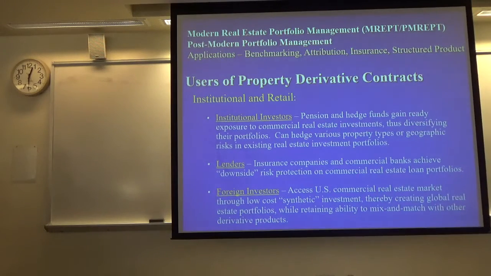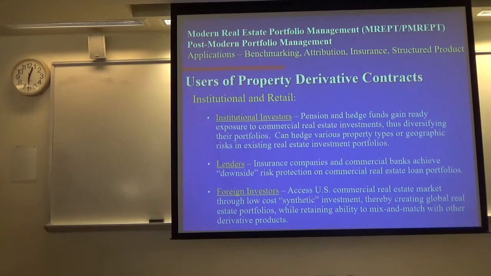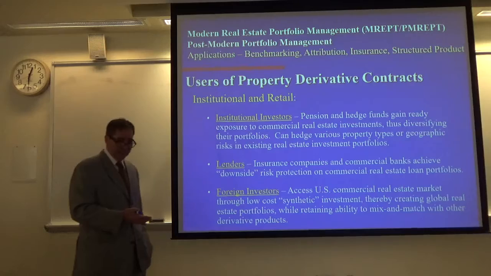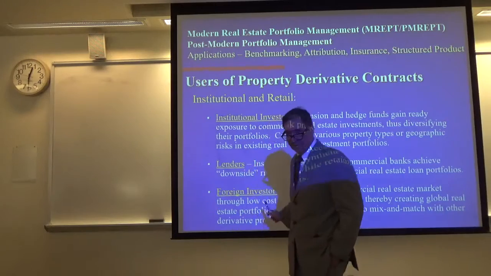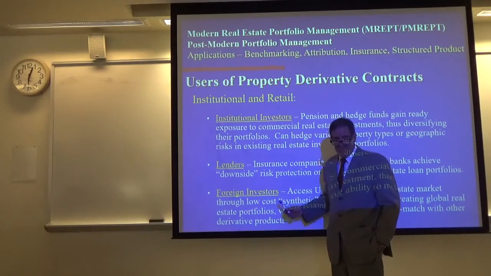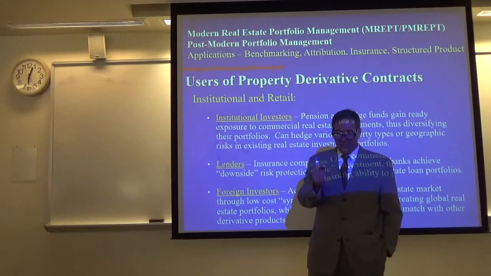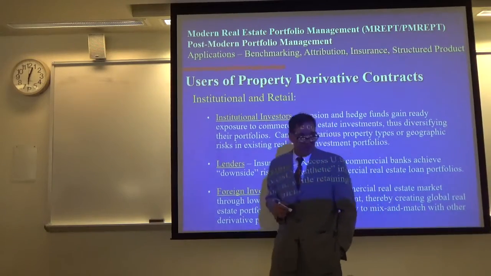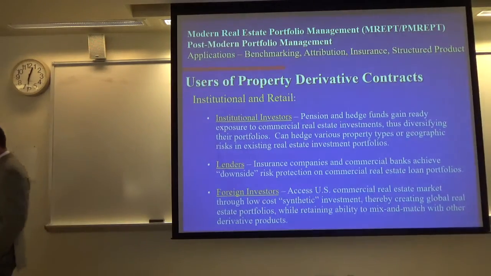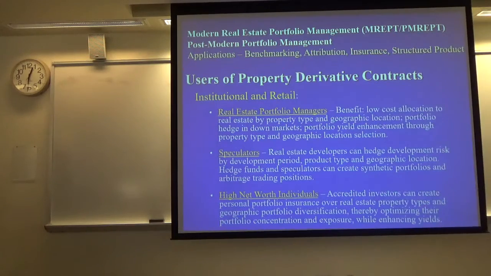Who would use these contracts? Institutional investors, large portfolio owners of real estate, REITs, commercial mortgage-backed securities. Lenders that were underwriting large commercial loans, maybe even sitting on portfolios of commercial loans. Oh, the best was foreign investors. Foreign investors are limited. They cannot own real estate in the United States, particularly foreign pension funds. Foreign pension funds cannot own real estate in fee in the United States, but they could have participated in the trading and market making in the derivative contracts. So it would have circumvented one of the legal impediments to foreign capital investment in the United States.